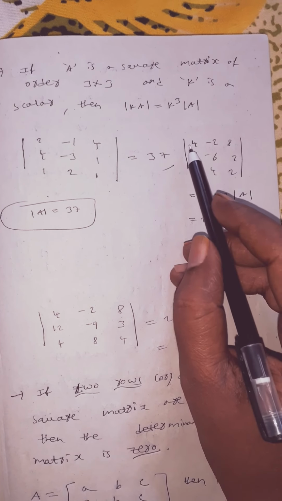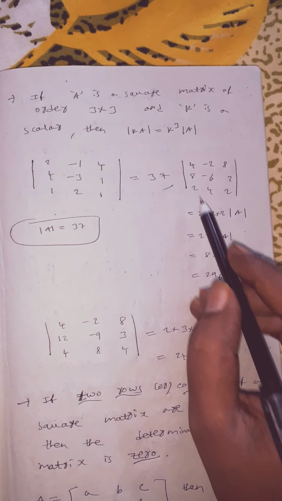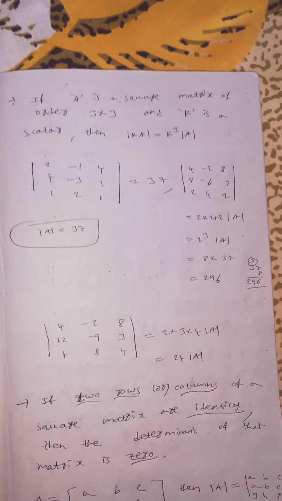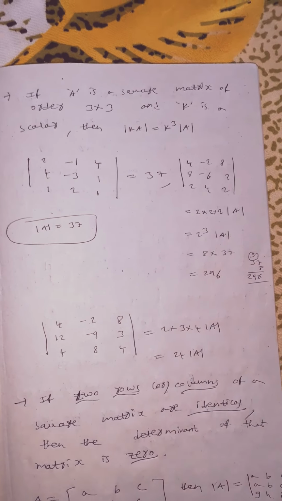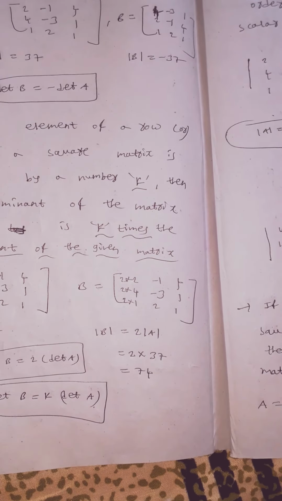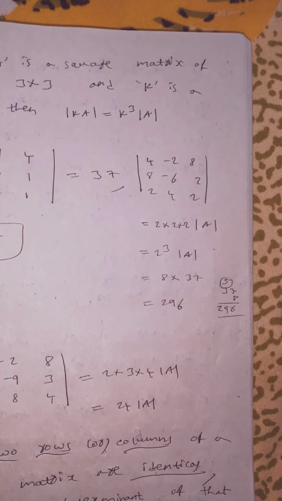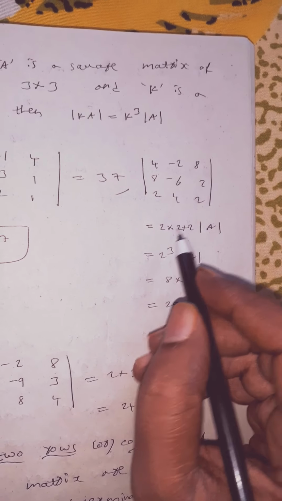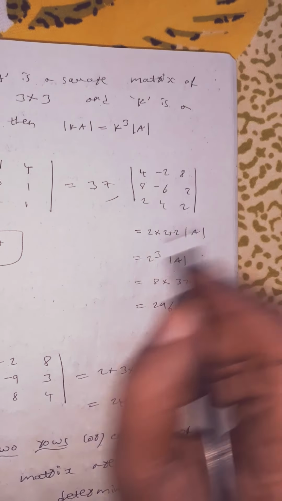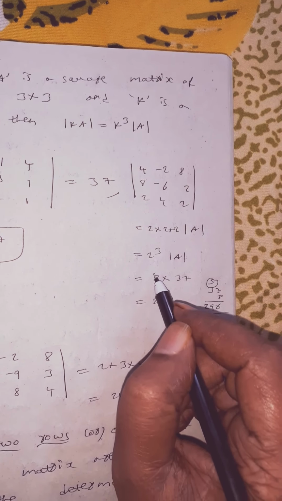So in the first row we have to take 2 common, in the second row also 2 common, in the third row also 2 common, and you should write determinant of A. If it is a matrix, you take common only one time. You see, here it is a matrix, that's why I have taken common only one time. But in determinants, for however many rows you get a common factor, that many times you should take it outside. So here 2, here 2, here 2. 2 into 2 into 2 is 2 power 3, nothing but 8.